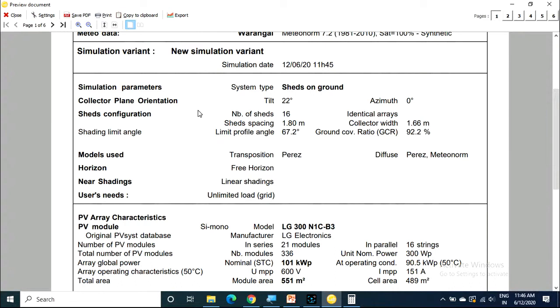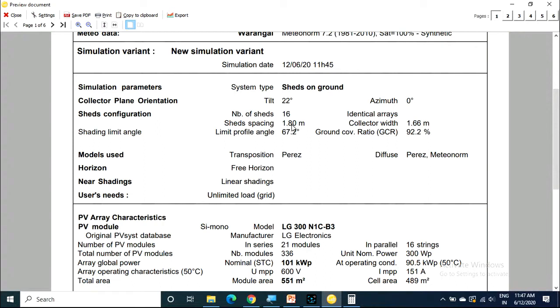And next, the tilt angle we have chosen is 22 degrees, azimuth 0 degrees, and we have chosen the shed spacing 1.8.